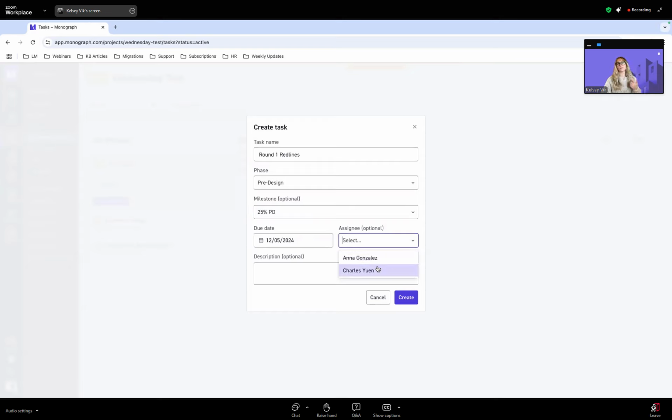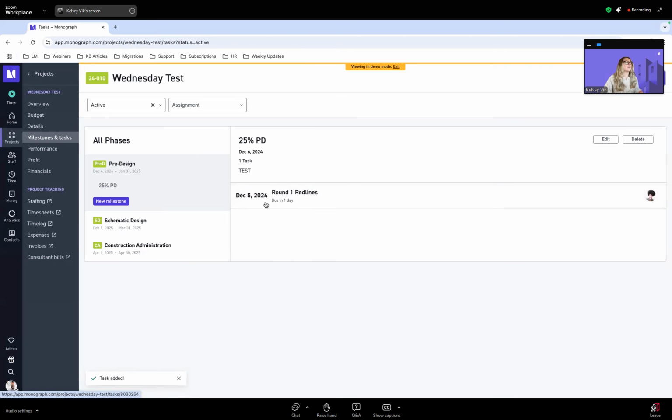And that's because those are the only 2 that I added to the project. So if you would like to assign someone a task to a project, you do have to include them with a billable rate there. So we'll choose Anna. And then of course you can have your description, and we'll click create. So now we have a task that is connected to 25% pre-design, and these are all things that can be